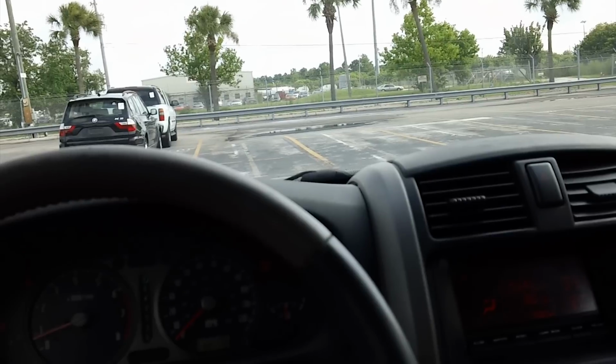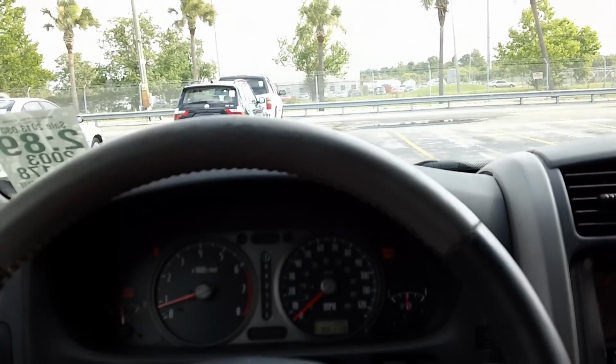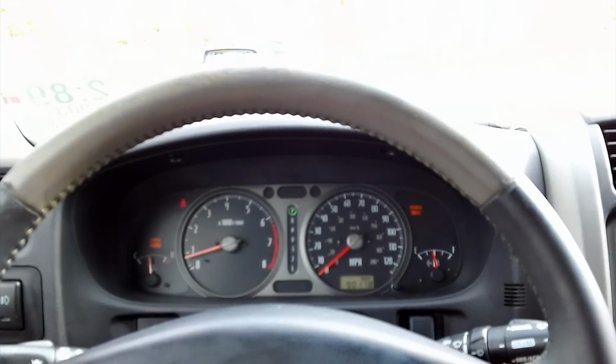Very rare to spot one. Again, there wasn't a huge production, nor did they sell very well, and it's quite likely that some of you have never even heard of an Isuzu Axiom, and